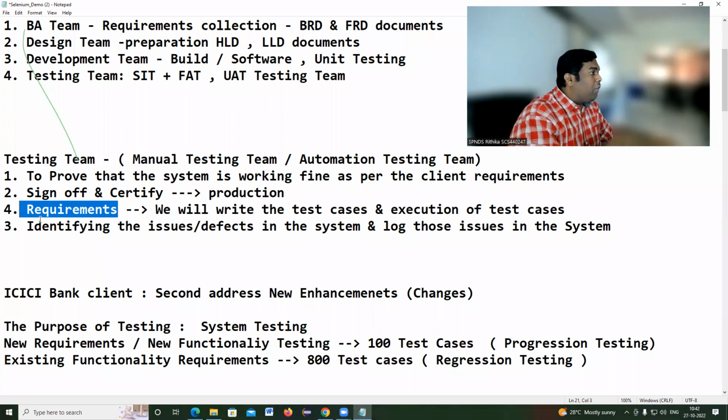From day one, whenever they assign these documents to you, you have to go through them until that release is completed. Daily, at least once or twice, you need to refer to those documents. Whatever modules you are working on, you have to refer to those functionalities, and you should ensure that all your test cases and test evidences are correctly captured with the relevant